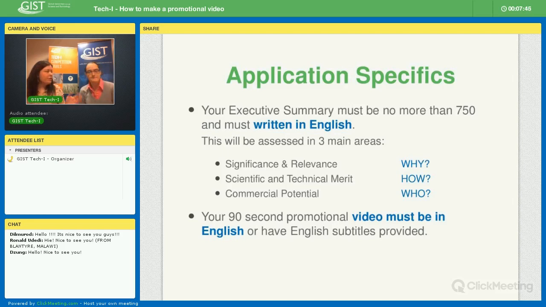And most certainly you don't need to try to emulate them or make a video like these individuals, but they're all so different and diverse, and that's what we're really trying to show you, is that it's really what you're talking about, not how you're talking about it or how many helicopters you have flying through your video, which we haven't seen any of that, but just as an example. So those are the two main parts of your application for Tech Eye.